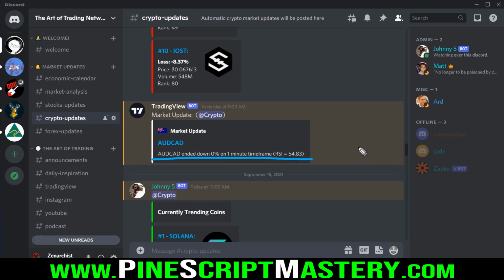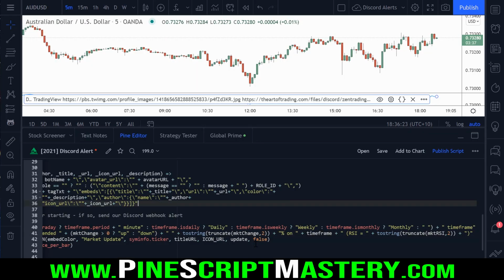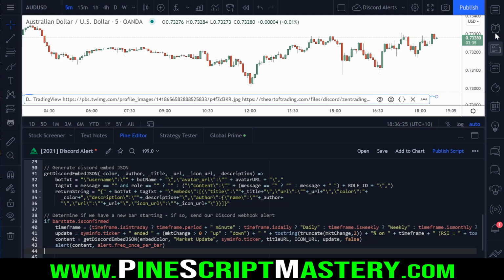Now I know it's a lot of work to get a simple sentence sent to Discord, but the beauty of this sort of code is that once it's written, we can pretty much set these alerts on any market we want to, and the hard work's done. That's why I like using custom functions for this, because now this entire script is reusable, and I've set multiple alerts